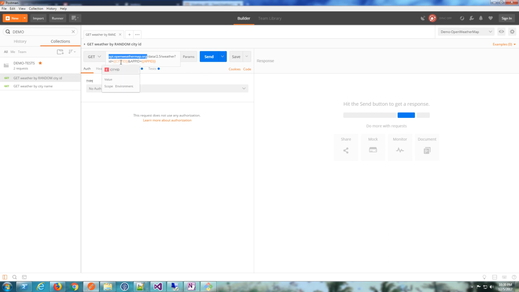Okay, so I didn't add anything in the city ID. If you recall, you can see there's no value listed in that bubble. App ID, there is a value. Okay, so what you could do is